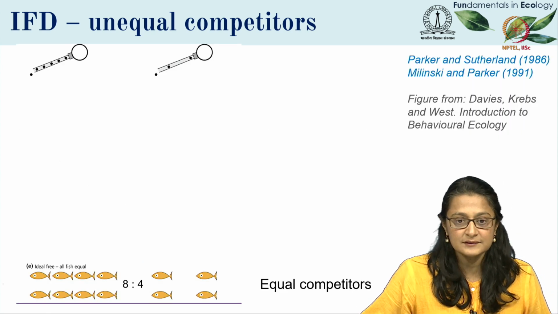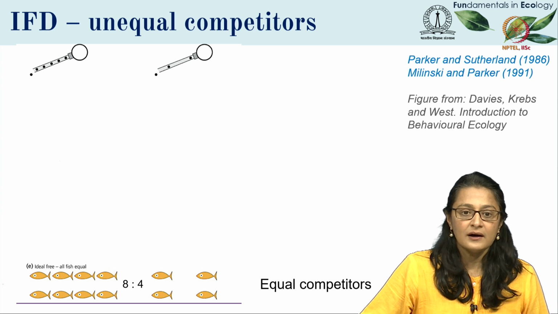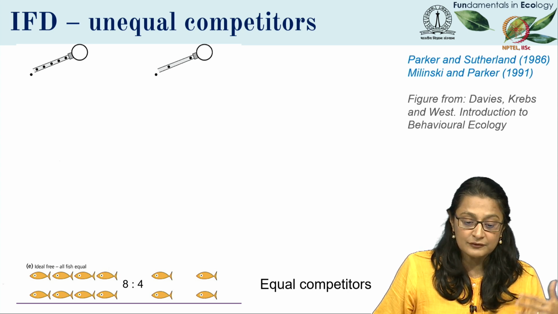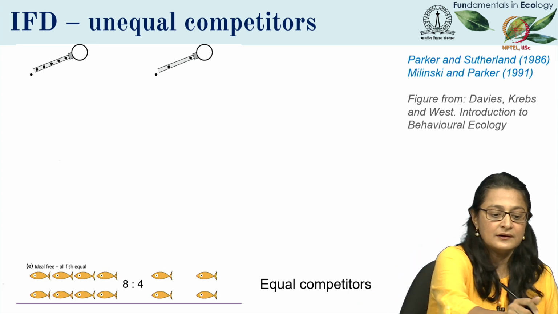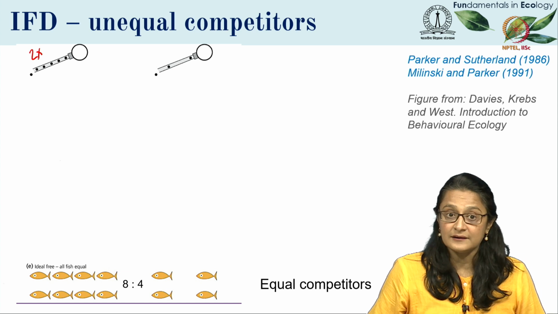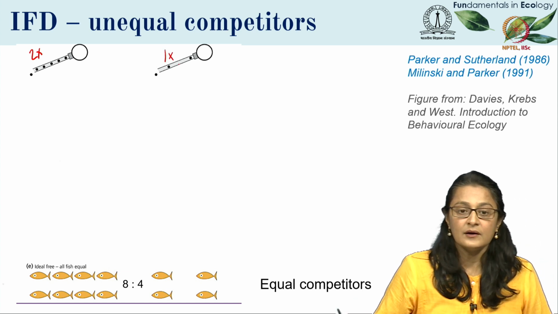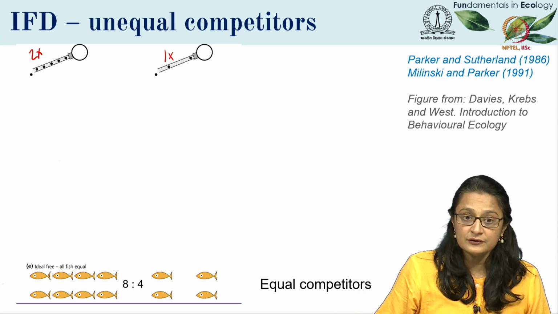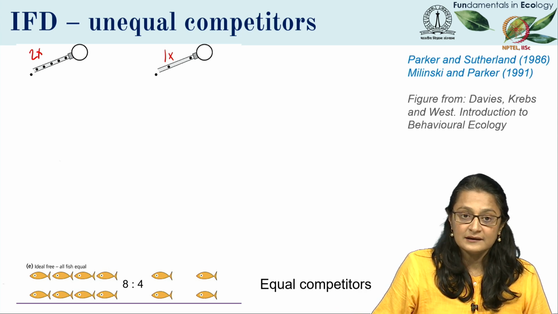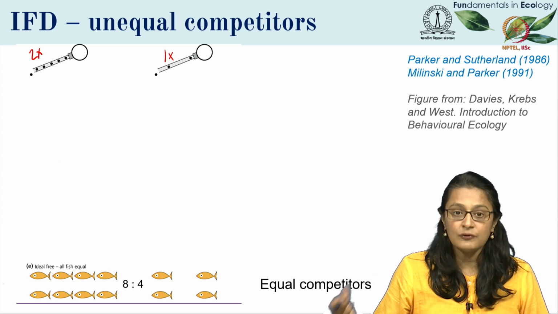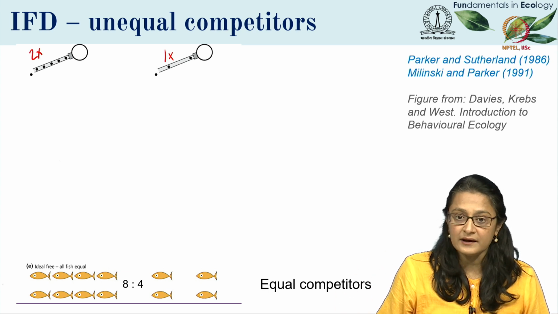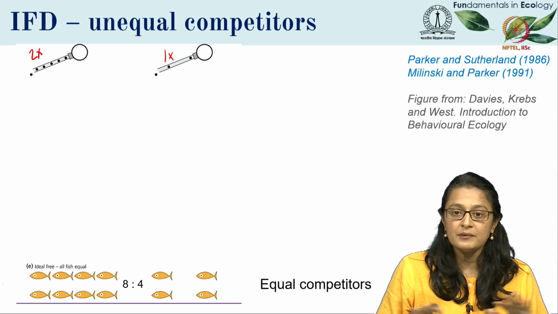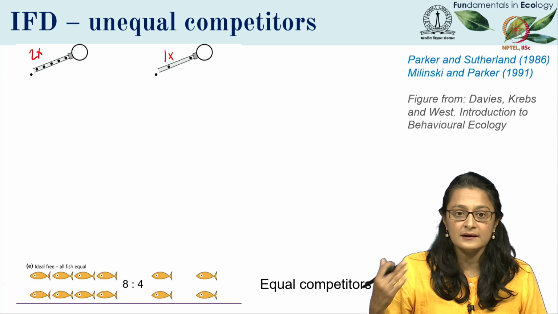So imagine this scenario where we have fish in an environment, and one side of the environment has food that's available to them at twice the rate, which is up here, versus the other. We'd expect from the ideal free distribution model that there should be 8 fish on the side that has 2x food and 4 fish on the side that has 1x food, if all competitors were equal. So the numerical prediction is we have twice as many fish on one side than the other.